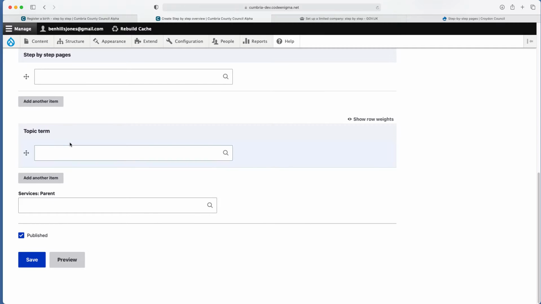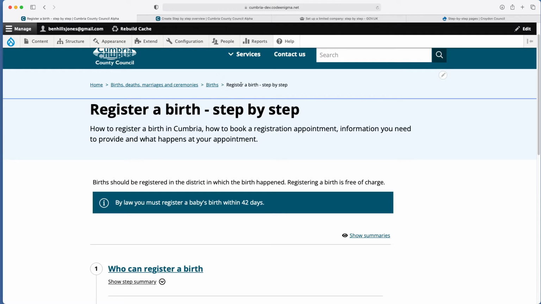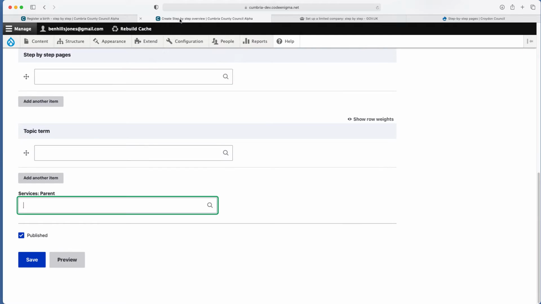Topic terms, again, I'm not going to cover that at the moment. I'll cover that in the general video. And then finally, parent. So parent is the section it sits in. So if you look at this example here, the parent of this page is births. So this creates navigation. So we don't have a section, anything to do with passports, but I'll place it into